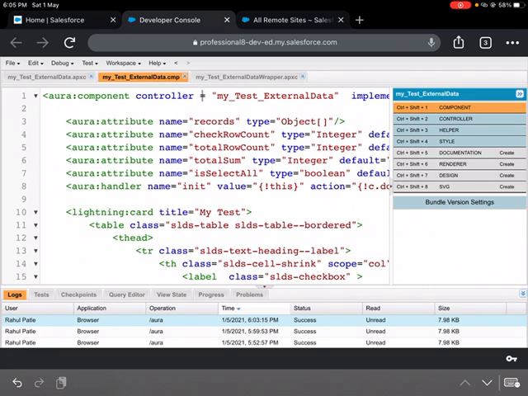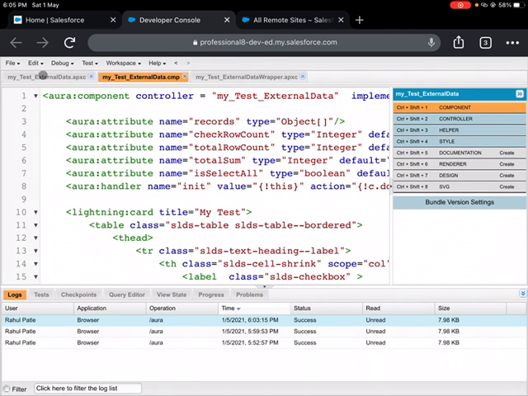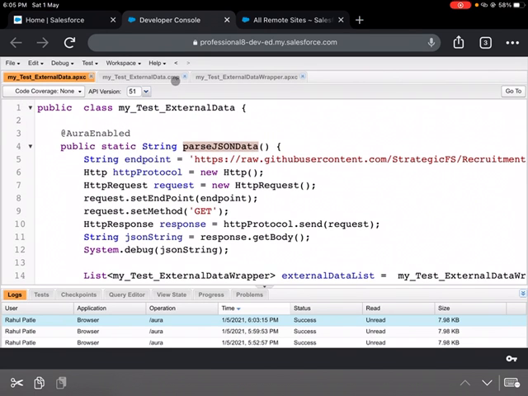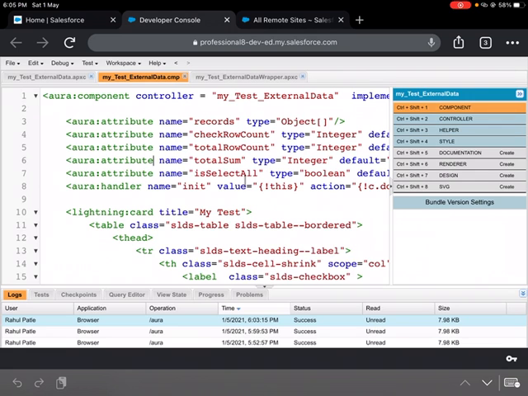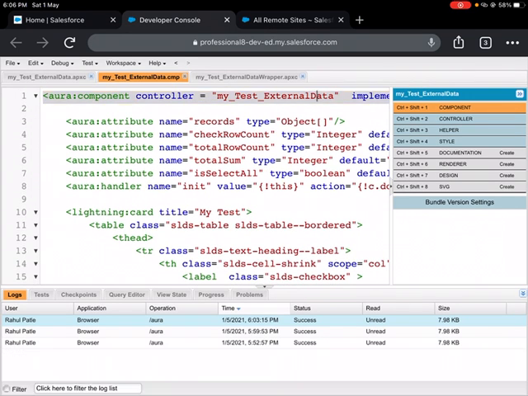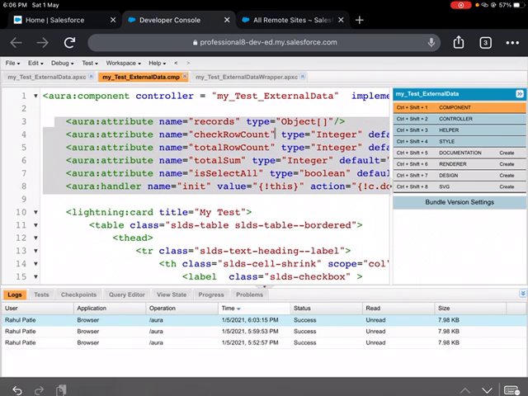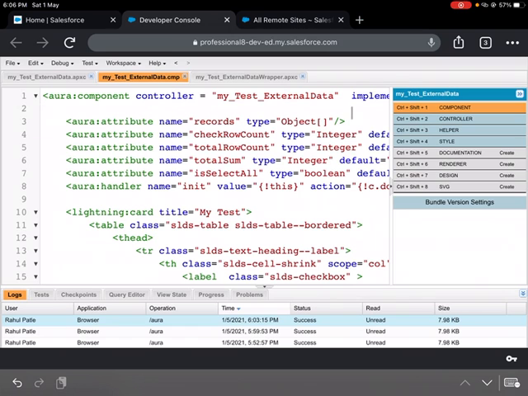This is the component part where I am making a call to this parse JSON data in initialization itself, in init. I have created this component where I have put my controller, like I told you, and here I have set some attributes. I have set this JSON data as records, with a type of object, because I wanted to iterate through each and every data provided to us.